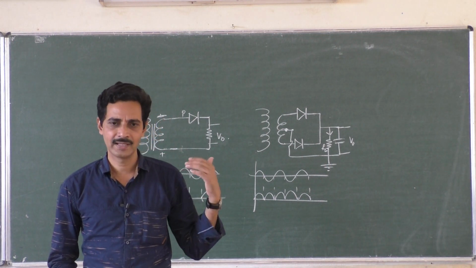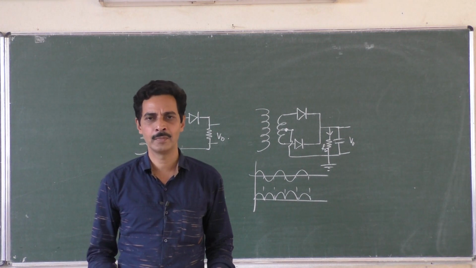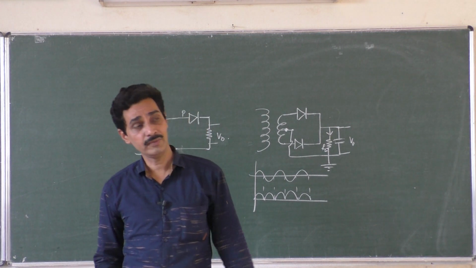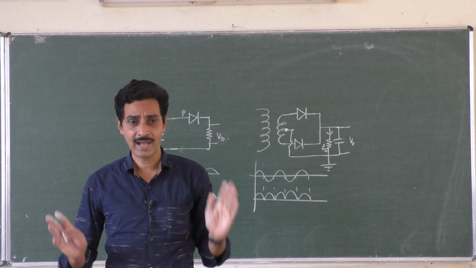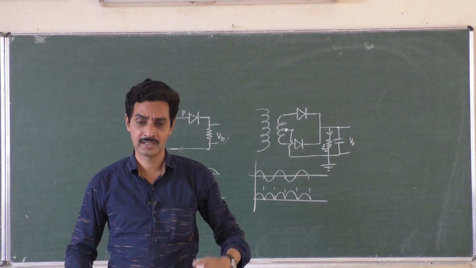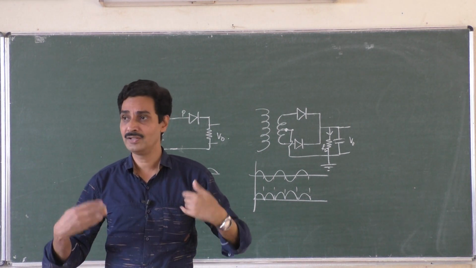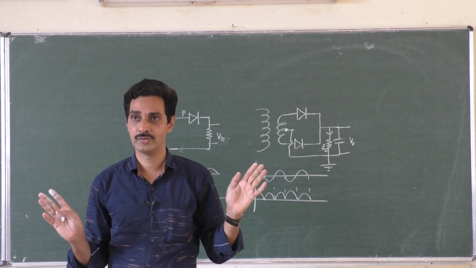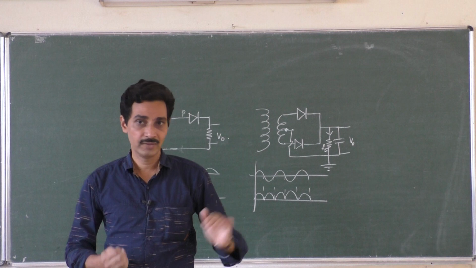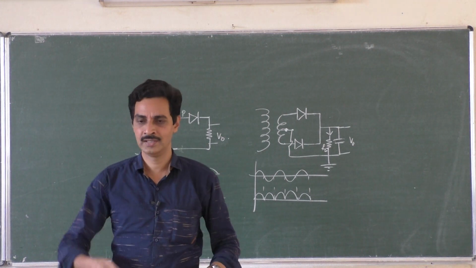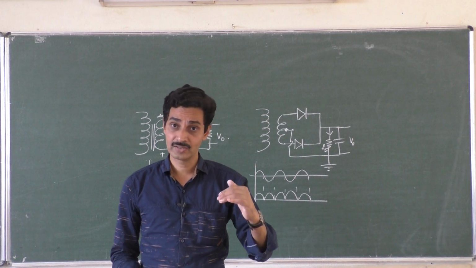How? Capacitor is like a tank, water tank. You see, whenever the municipality water comes, we are not bothered. Why? Because whenever the municipality water comes, it goes to the tank and it fills the tank. Tank is one which receives that municipality water whenever it is available, but it provides the continuous amount of water for us in our house, because we are very sure that tank is filled, whether it is half filled or full filled, whatever it is, we get the water whenever we need to open the tap. So there is a continuous supply.